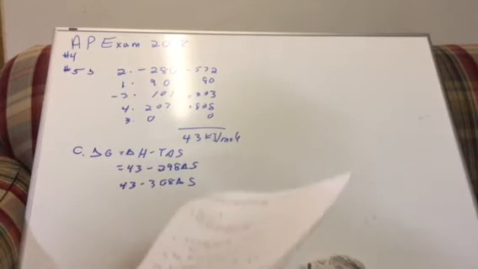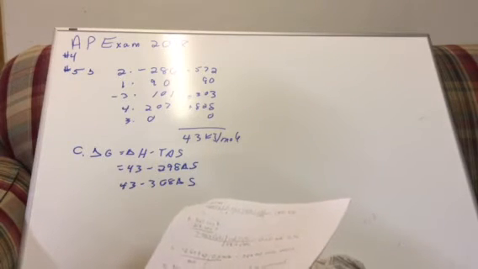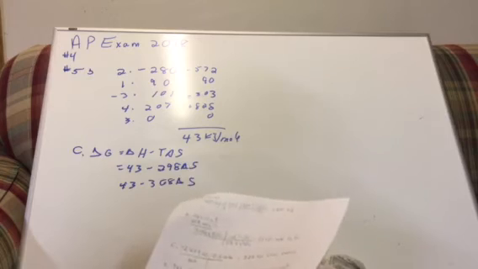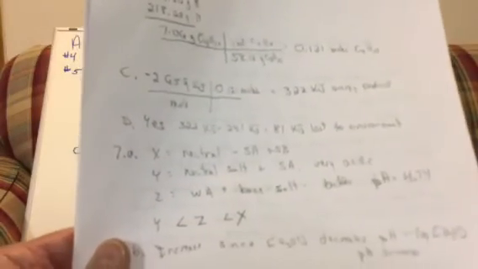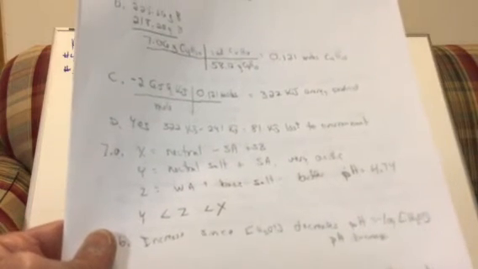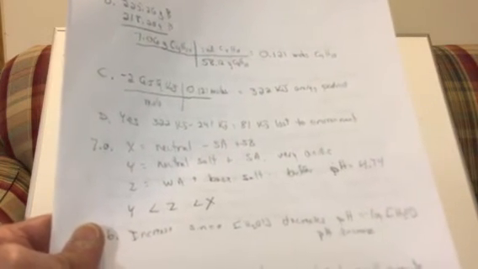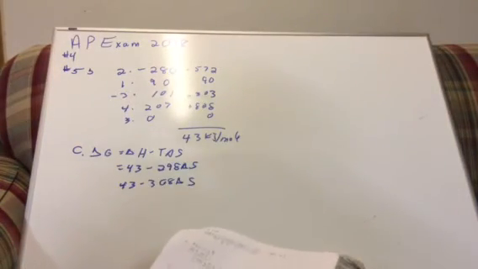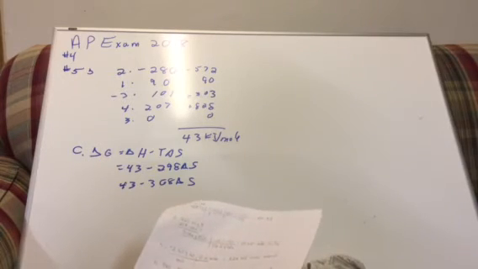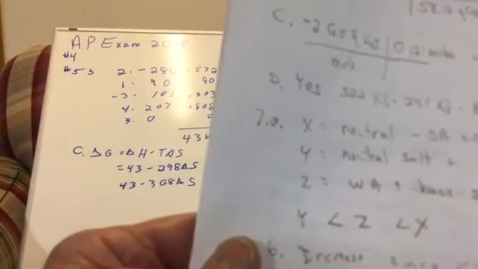And then in letter C of that one, it says here's the combustion, has a negative 2659 kilojoules per mole. Calculate how much heat is produced by the burning of butane. Well, you've got 0.121 moles of butane. We're doing math here, you can see, okay. And then you get 322 kilojoules of energy was produced. And then part D of that says a student claims some heat energy produced by the combustion was lost to the air surrounding the system. Does your answer support that? Well, yes, we had 322, and we only needed the 241 was obtained, so that lost 81 kilojoules of energy, and therefore that must be lost